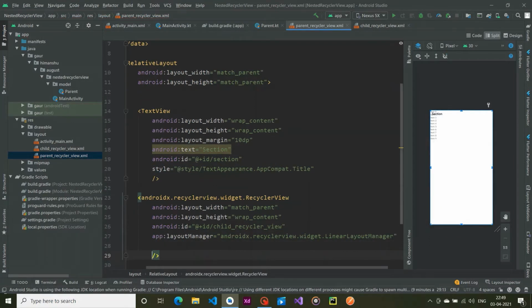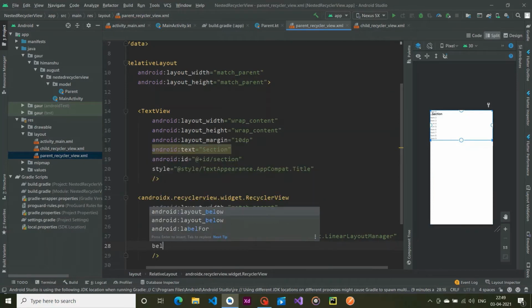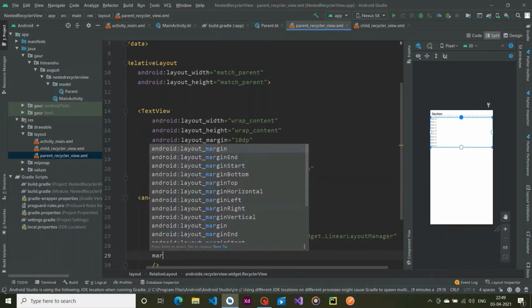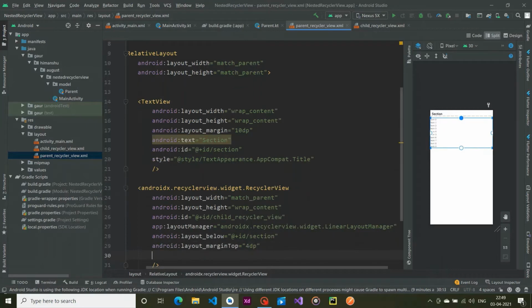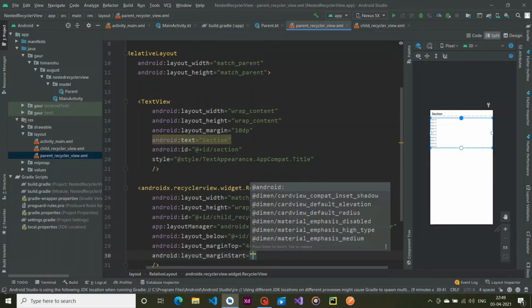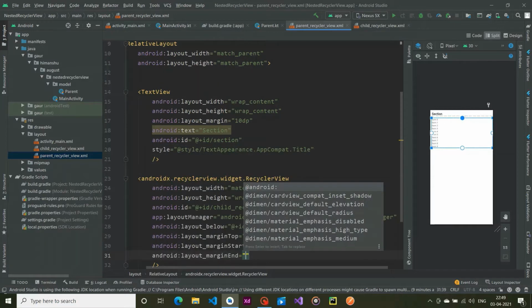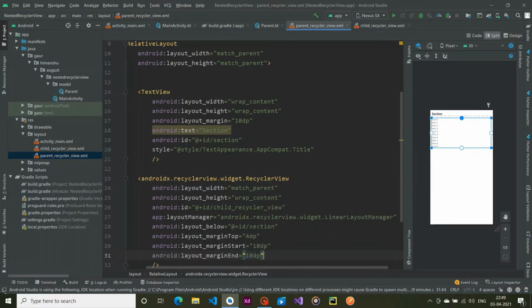So that's it, and make this below our text view, section, and provide margin from top 4 dp, and margin start 10 dp, and margin end 10 dp.